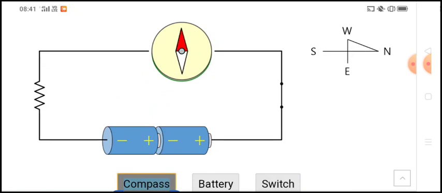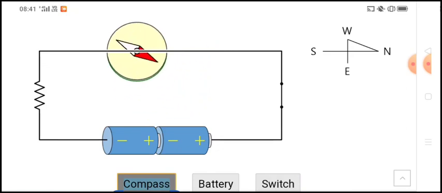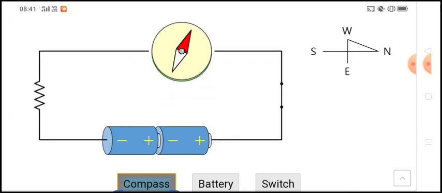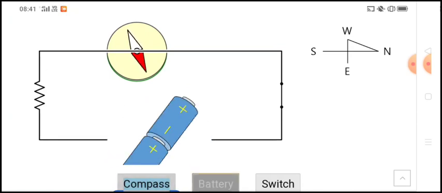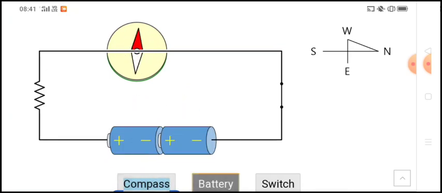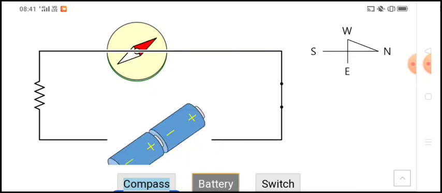Now, by changing the position of the compass, again we can have an understanding regarding how the deflection is changing. You can observe that in this setup there is no magnet. There is a simple wire that is allowing current to flow through it. Again, by changing the polarities of the battery, we are reversing the direction of current flowing in the circuit, and that is also affecting the deflection produced.